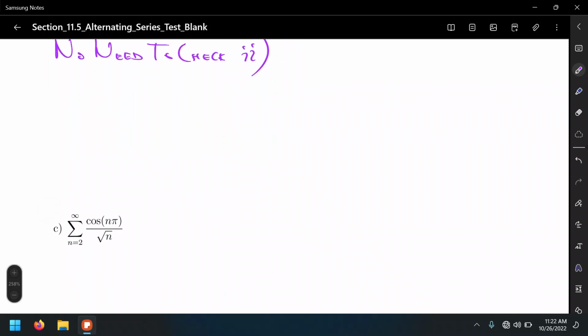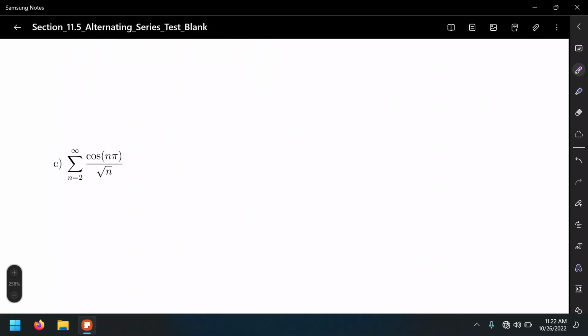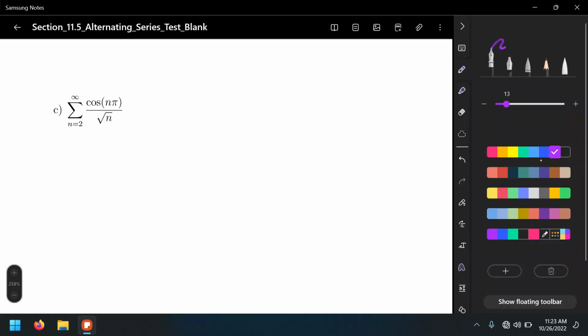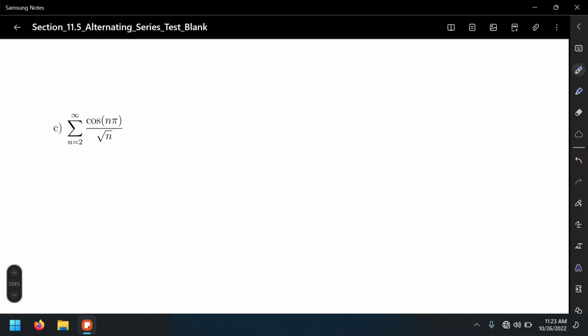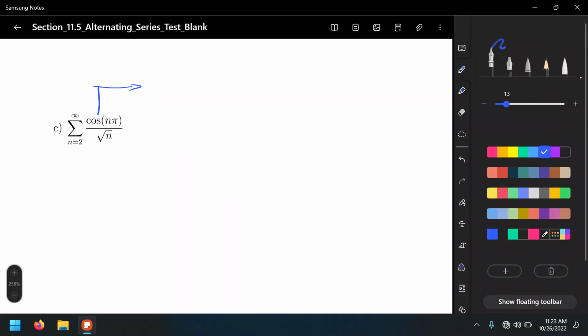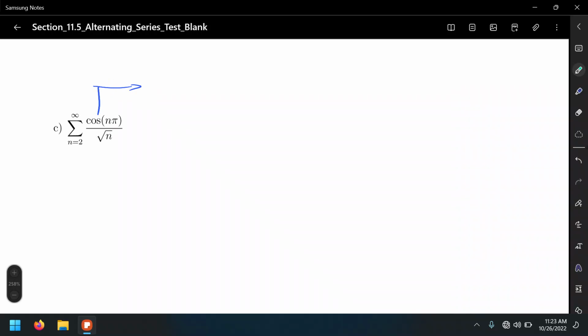Sigma n equals 2 to infinity, cosine n pi over the square root of n. Well, doesn't look like an alternating series, does it? But it is, exactly. It is an alternating series in disguise. However, let's rewrite this series. So how about we expand some of the terms of the numerator just so we can see